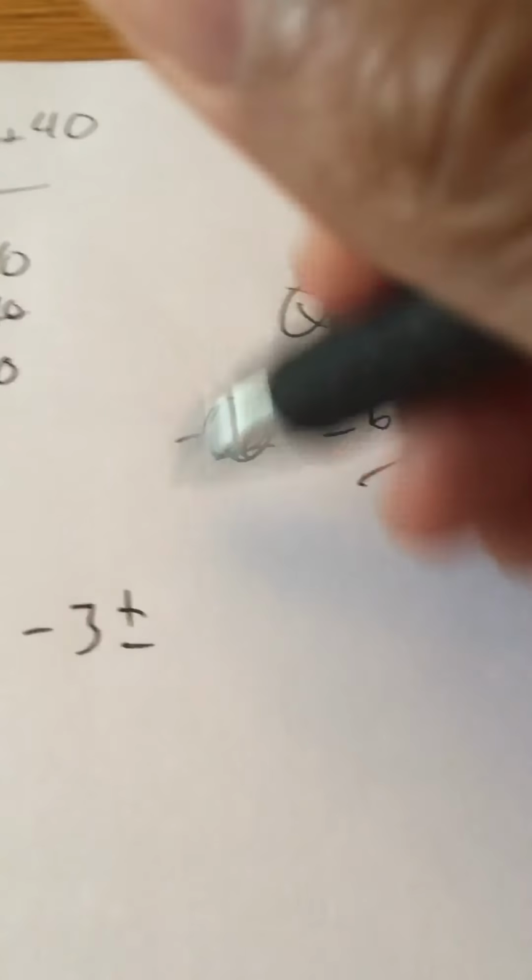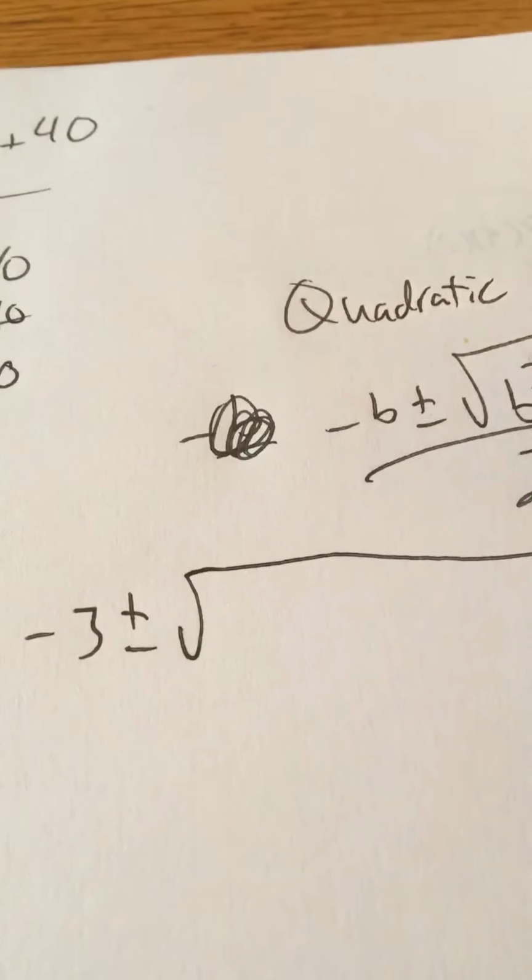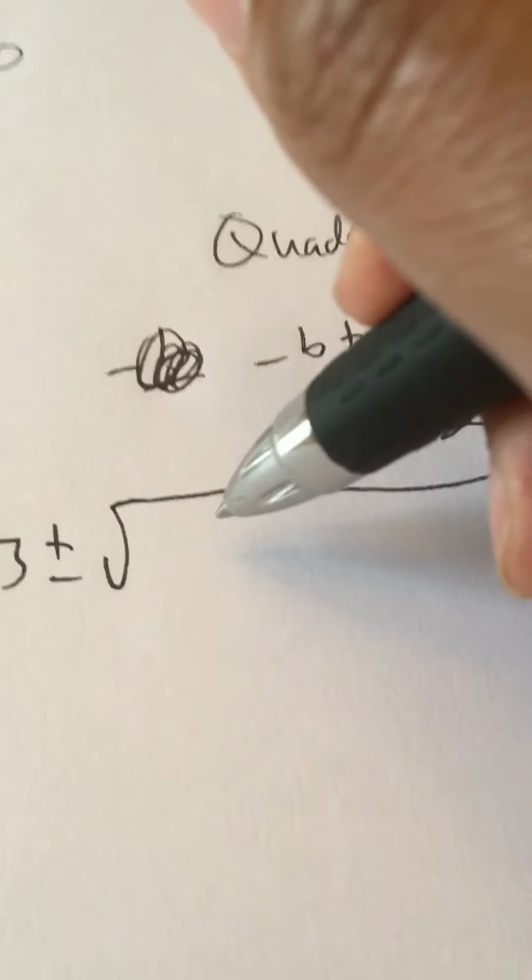Well, the b term is this 3 right here. In fact, if you need me to write it real small underneath, I'll do it so you don't get confused. The b is 3, so negative b would be negative 3 plus or minus the square root, and we're going to redo the square root of b squared. So once again, I got to put 3 in there because that's the b, minus 4. The 4 is from the formula, right? See the 4 in there? It's not from the function, it's from the formula. So I have to keep it